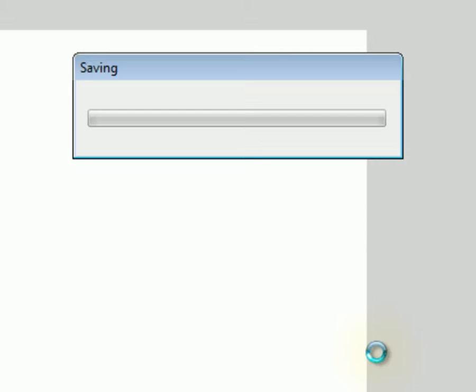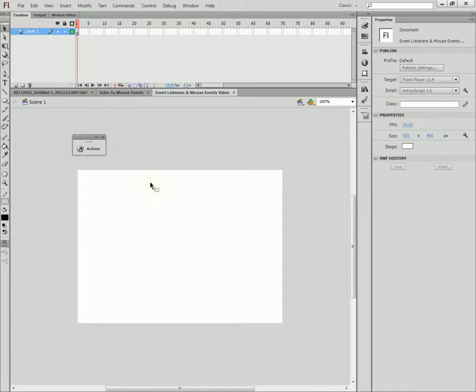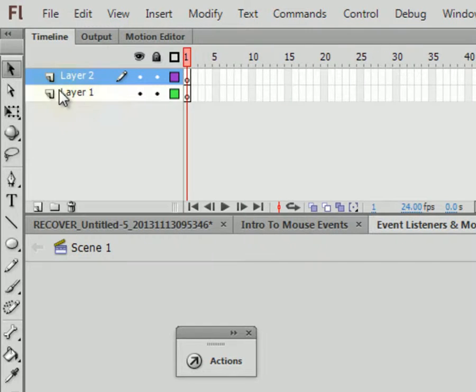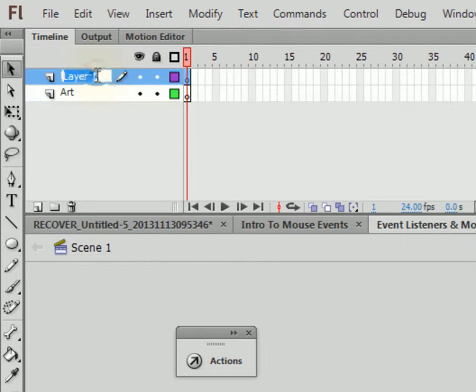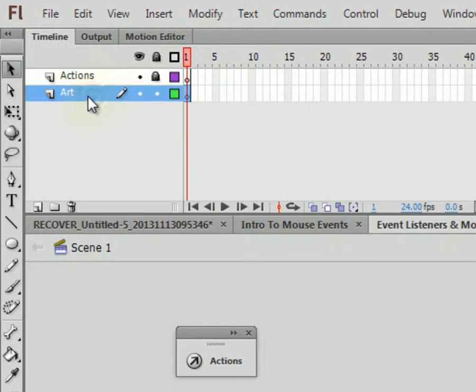So, saving that. To get started, the first thing we need to do is create two layers. Our bottom layer is going to be for art, so rename it to art. And the top layer is going to be actions, because we need to keep our code and our art separate. So I'm going to lock the actions layer, select the art layer, and we're going to need a movie clip